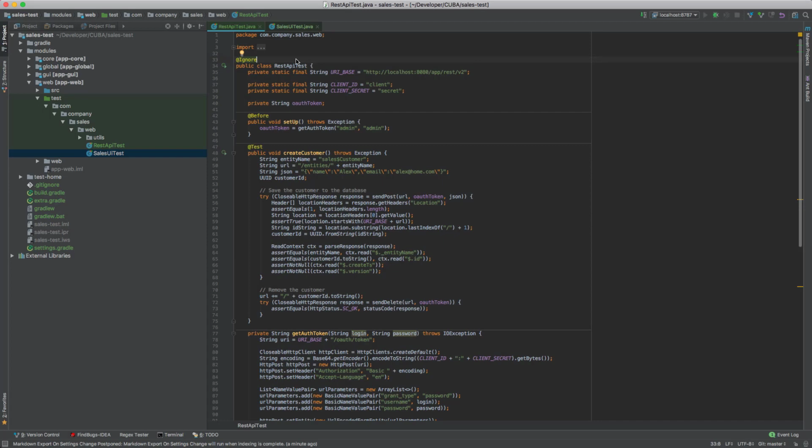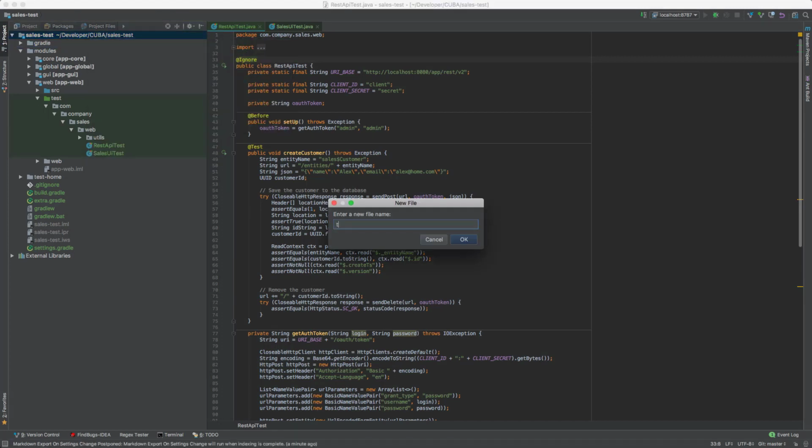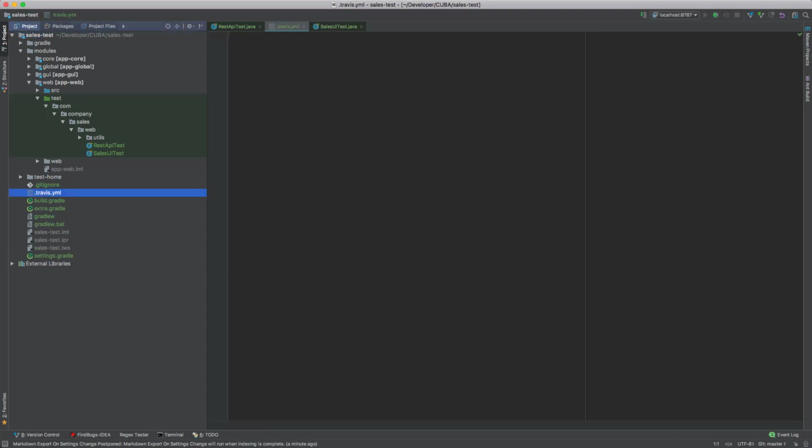Also, we need to create a special file named .travis.yml to tell Travis what to do. This file specifies the programming language used, the desired building and testing environment, including dependencies which must be installed before the software can be built and tested, and various other parameters.